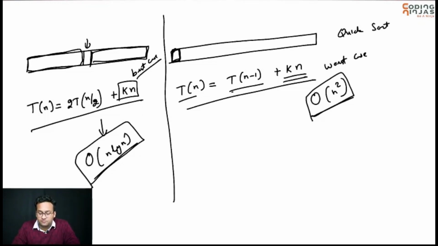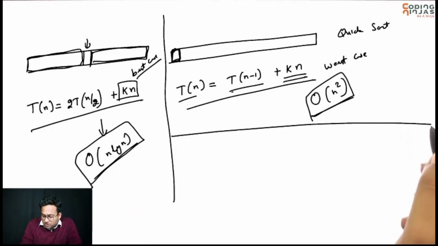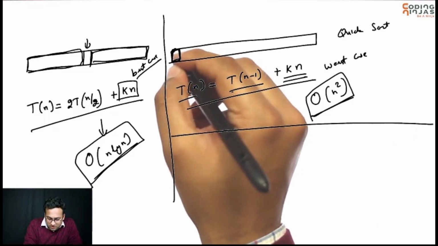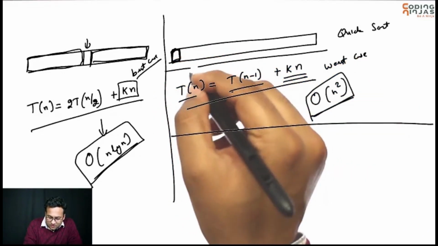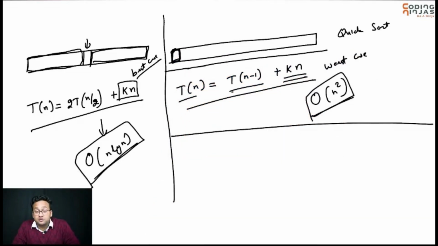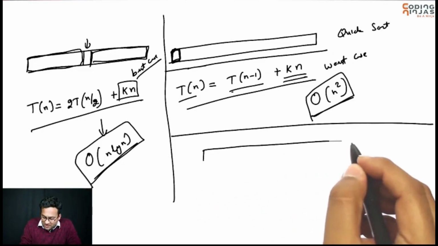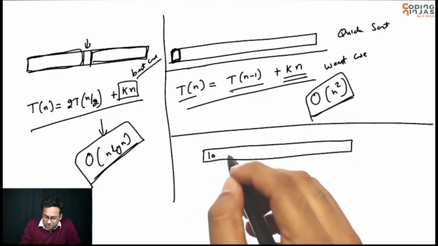Why? See, getting a situation like this can happen by chance. It's not in the user's control. The user cannot decide that they are going to give me an input like this. For example, if the user gives me this input,